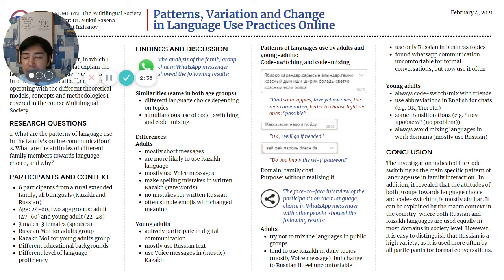Young adults actively participate in digital communication. You can say that there are the same patterns of lifestyle diglossia, where the younger generation, due to their closeness to digital tools, are more likely to use more new words and participate more actively than adults. Modern lifestyle, say. Also, young adults use Russian text mostly, and use voice messages in Kazakh also, but